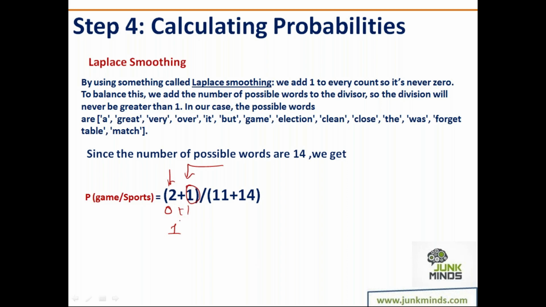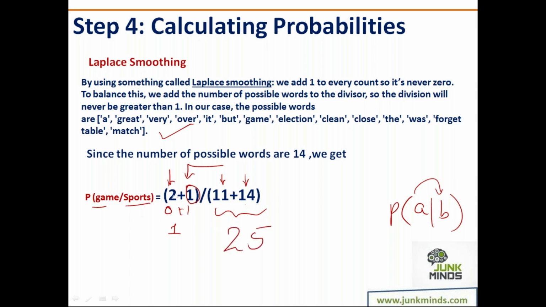But when you're talking of probabilities, you cannot just add the value 1 wherever. It'll change the entire value, because whenever you talk of probabilities, when I say probability of A, it is always with reference to B. So whenever we spoke about all the words that are available, there are 14 unique words in the database that we are working with, out of which 11 are related to sports. So this is the change I'm going to make: my denominator is not going to be 11, it is going to be 25, but my numerator is whatever the value plus 1. That is how I'm going to be calculating the probabilities.